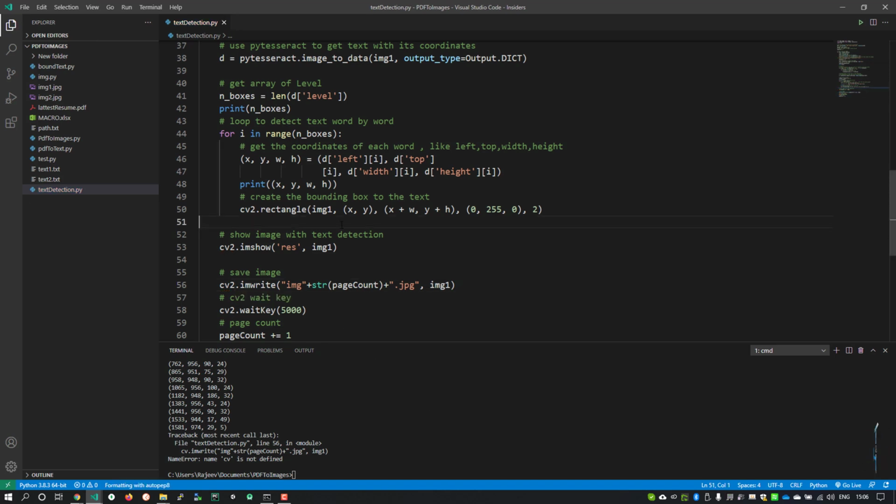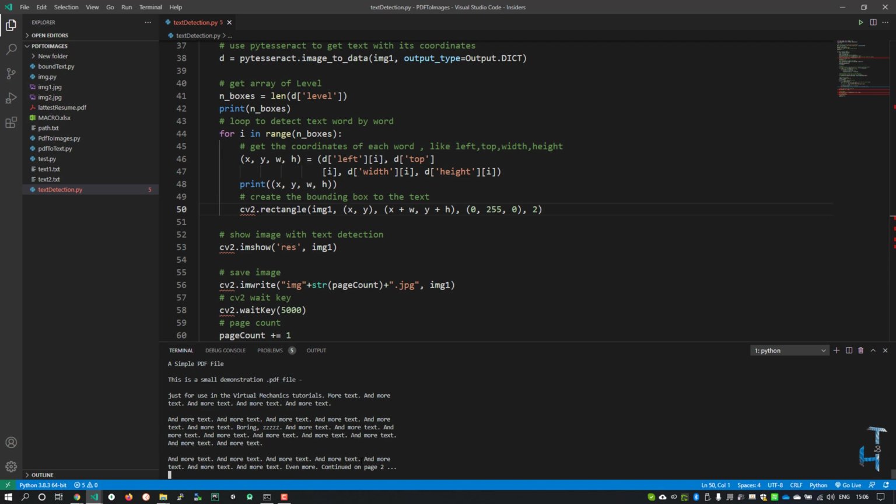Hey guys, welcome to this video, and in this video we're gonna see how we can detect or recognize text. We'll be surrounding the text box with the bounding boxes so we can see what text is actually detected. We'll be using a sample PDF file for this video. So at the end of this video we'll have text detected images and text files which will contain the detected text, sample PDF file,